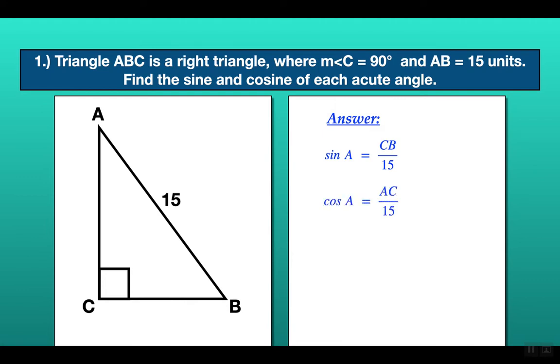Sine of A equals CB over 15. Cosine of A is AC over 15. Sine of B is AC over 15. And cosine of B is CB over 15. And I want to point out a very important relationship that's going to come out several times in this review